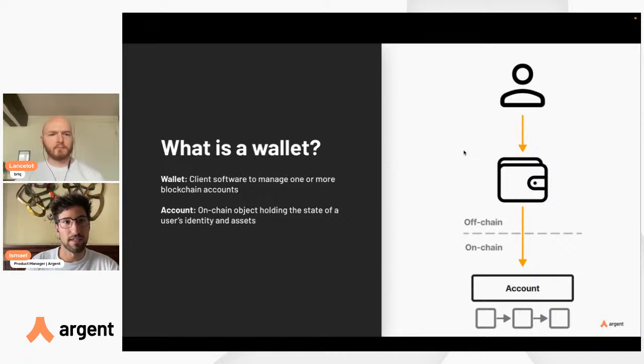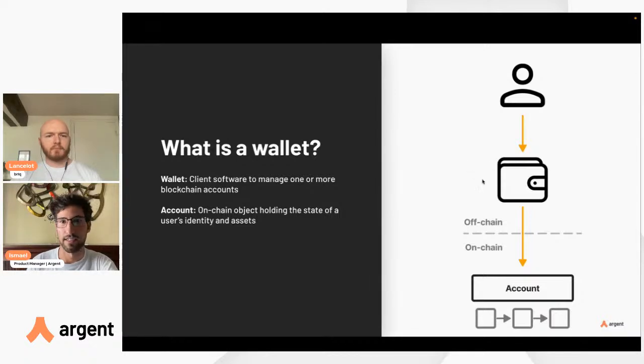A wallet is really a client software to manage one or more blockchain accounts. That's really the software that the end user interacts with. And the goal of the wallet is to generate and manage the user's keys and securely display information to the users so they know exactly what they're